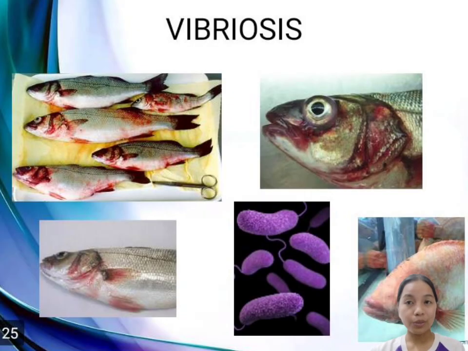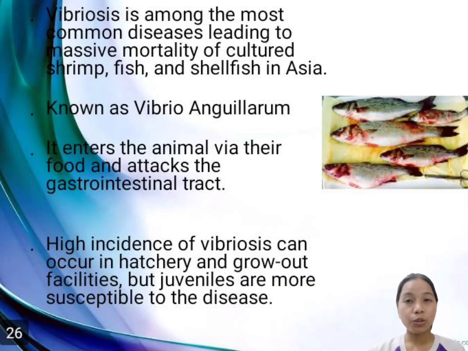Vibriosis, also known as Vibrio anguillarum. It is among the most common diseases leading to massive mortality of cultured shrimp, fish, and shellfish in Asia. It enters the animal via their food and attacks the gastrointestinal tract. High incidence of vibriosis can occur in hatchery and grow-out facilities, but juveniles are more susceptible to the